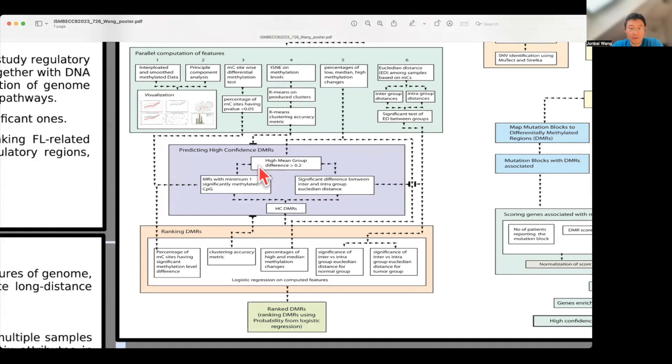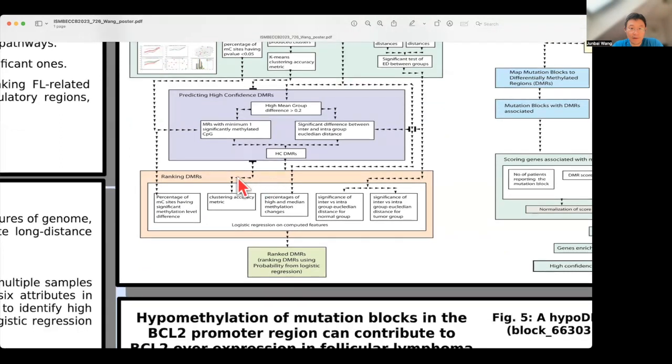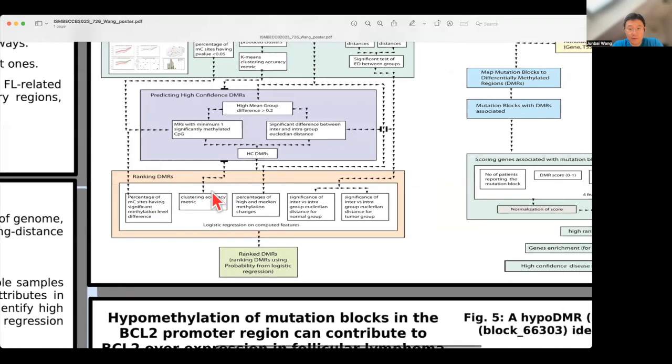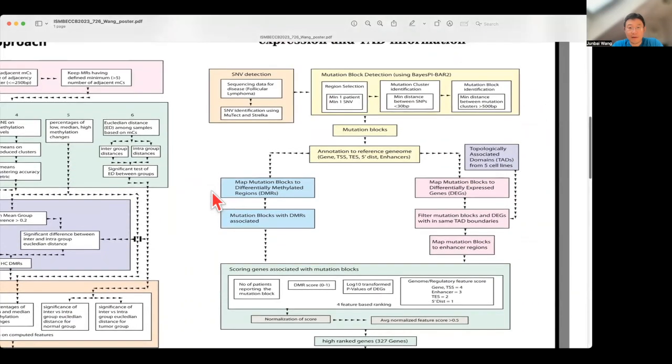Then we use a logistic regression model to classify these methylated regions into differentially methylated and non-differentially methylated regions. Finally, we use a ranking score to rank the predicted differentially methylated regions. And this information will be used later on in the second part of the work by combining with